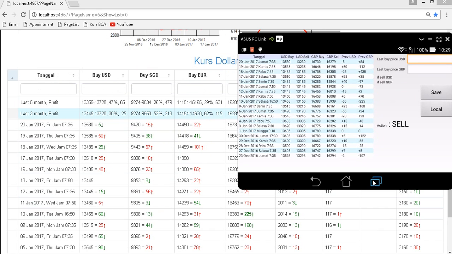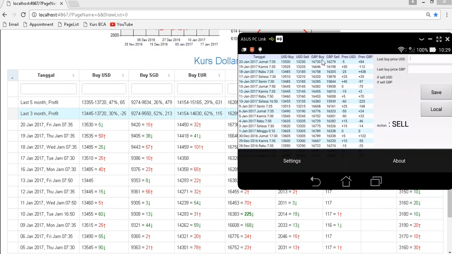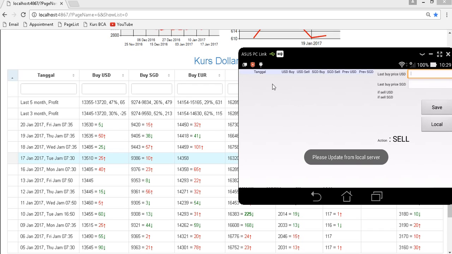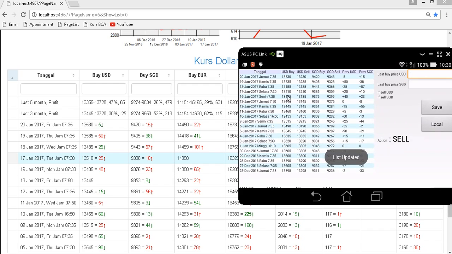I can try to change it to get the Singapore dollar. I click save, and it will empty the grid first, because it doesn't have the information, meaning that you have to update from the server. So I just click local update from my calculator, and you will get the information for US dollar and SGD, as you can compare from here.